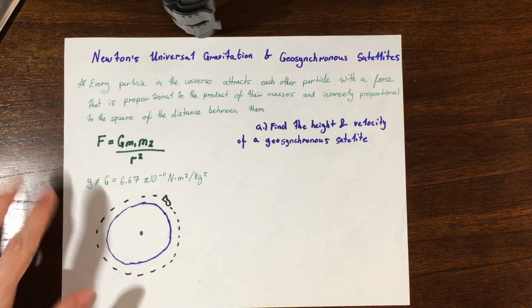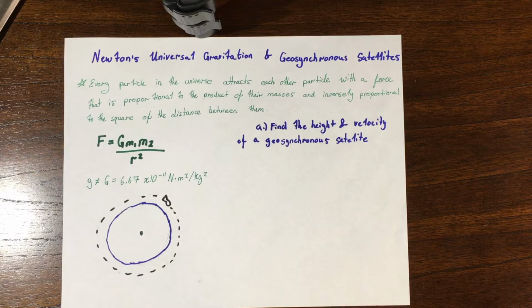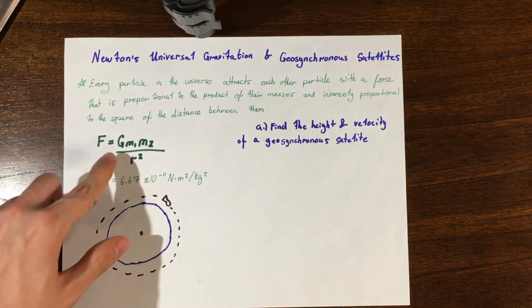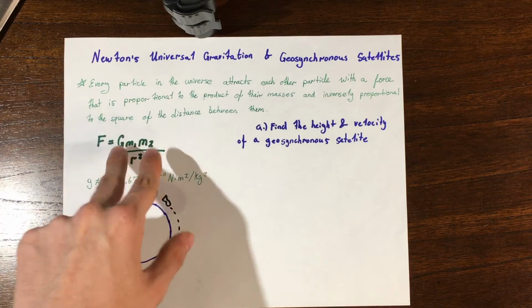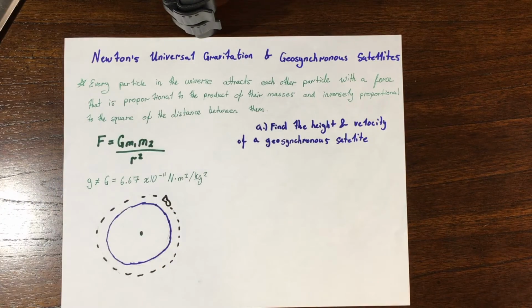And this can be written as F is equal to G, the universal gravitation constant, which is not the same as little g of 9.81 meters per second squared, which is the gravitational acceleration of Earth, times m1, m2, those two masses that we are looking at, over r squared. So G, the universal gravitation constant, is 6.67 times 10 to the negative 11th newtons times meters squared over kilograms